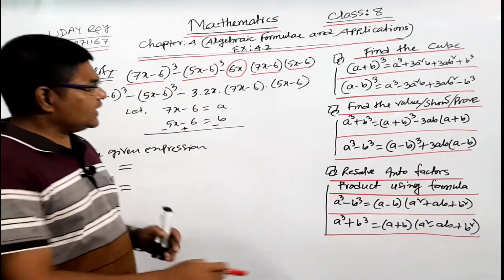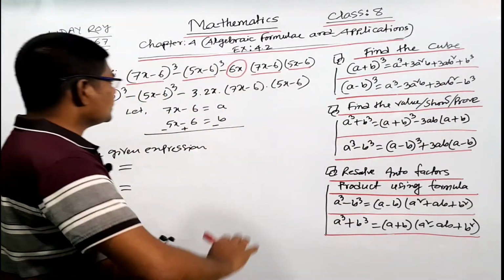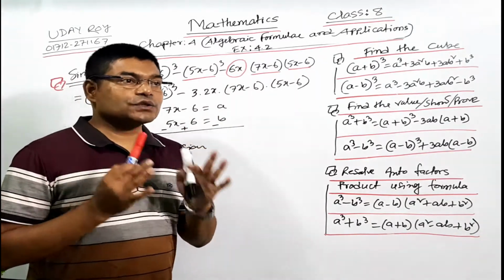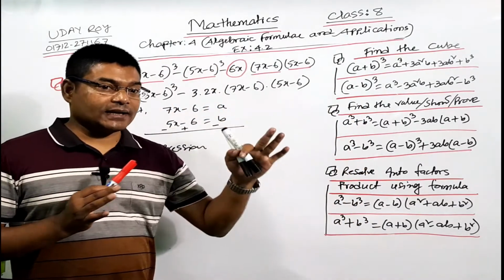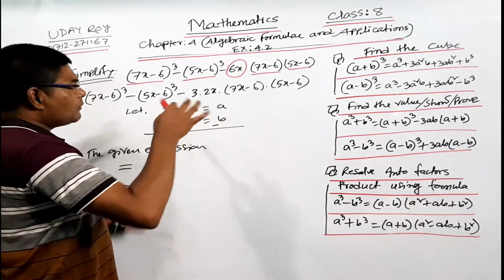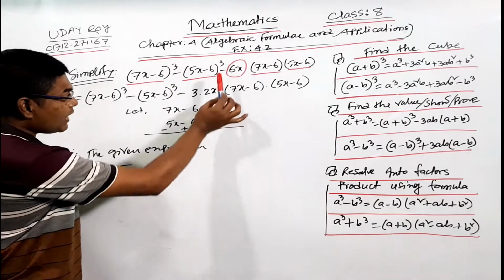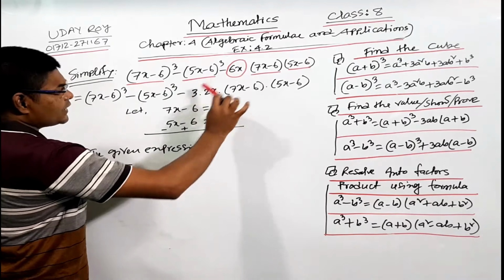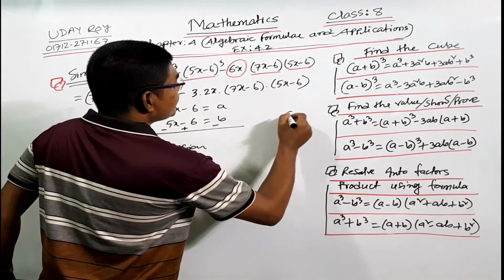So here is 3, here is 3, here is 3, here is 3. So here is 6. If you can see square type maths, follow the board, if you see square, then you have to take first 2. But if you can see here is cube, here is cube, so you have to take here is 3, here is 3. Then this 3 divided by 6x. In the same way you can see here is 6x.